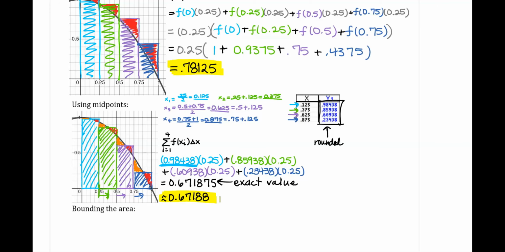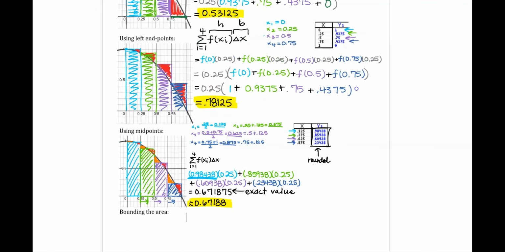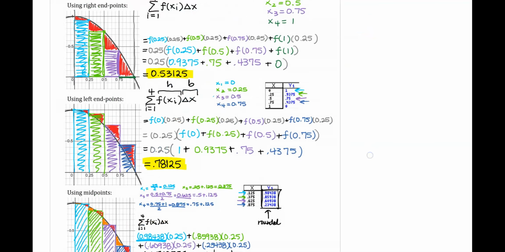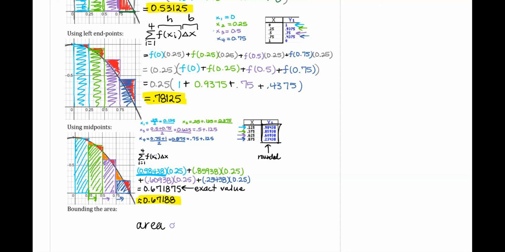0.67188 for the area. It's always going to happen that your midpoint approximation is going to fall in between your right and your left. Remember, I can't say for sure that the right is always smaller or that the left is always bigger. Those two could change whether they're smaller or larger, but the midpoint should always be falling in the middle. And so bounding this area from our 3 approximations, we can't say exactly what the area is, but we can definitely say that it is in between